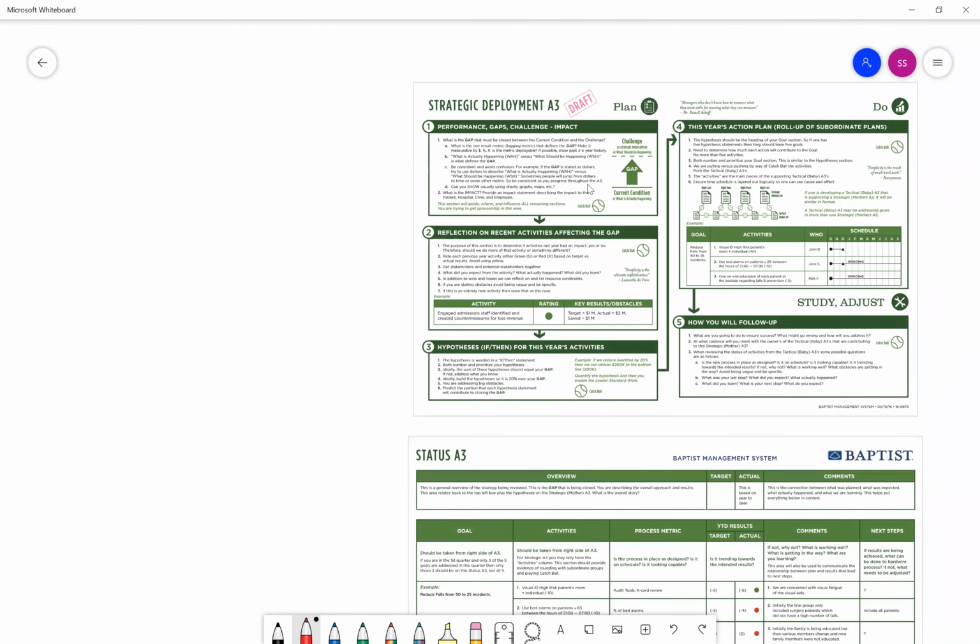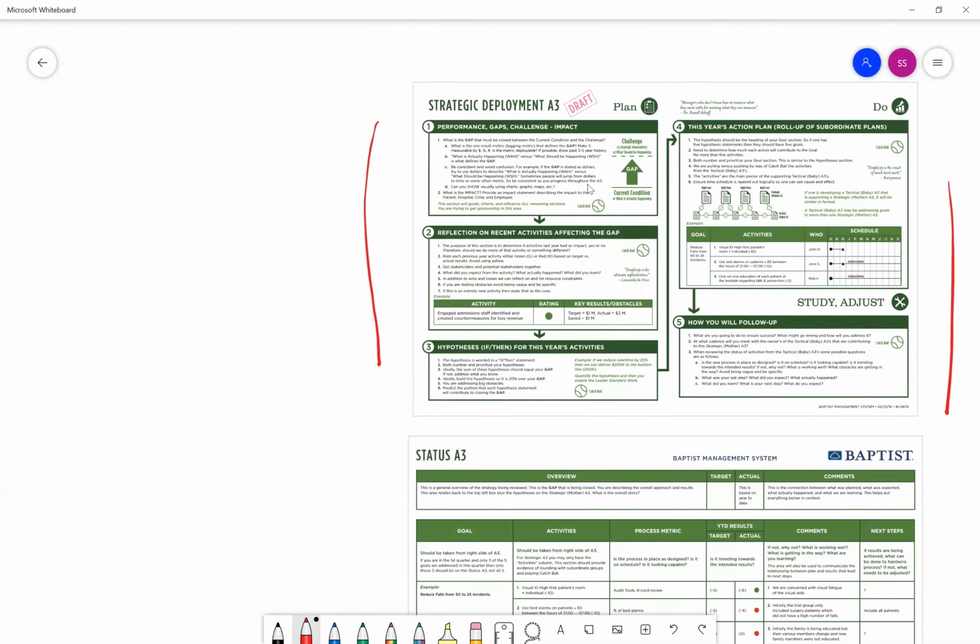Today, I'd like to talk about the strategic deployment and alignment process. Most of you are familiar with this very top document that we use to help think through the strategic A3, and we go from box 1 all the way over here to box 5. The problem would be to think about this thing linear, because it's not linear, it's very dynamic. It's a learner and a coach going back and forth playing catchball, and I'll explain what that word means